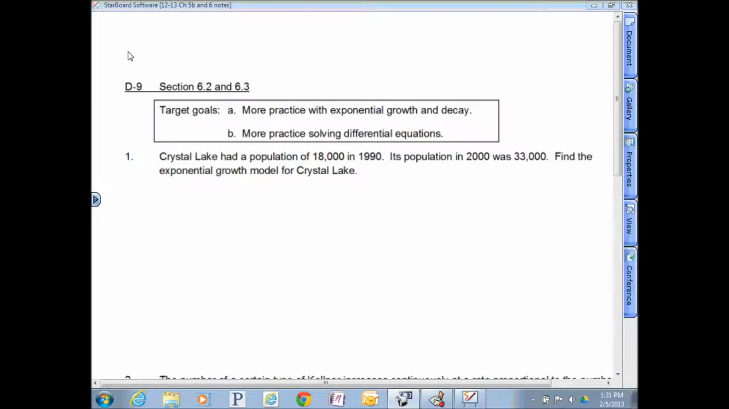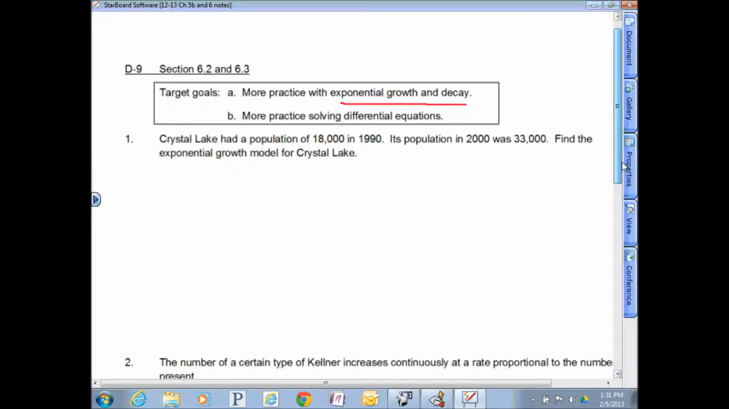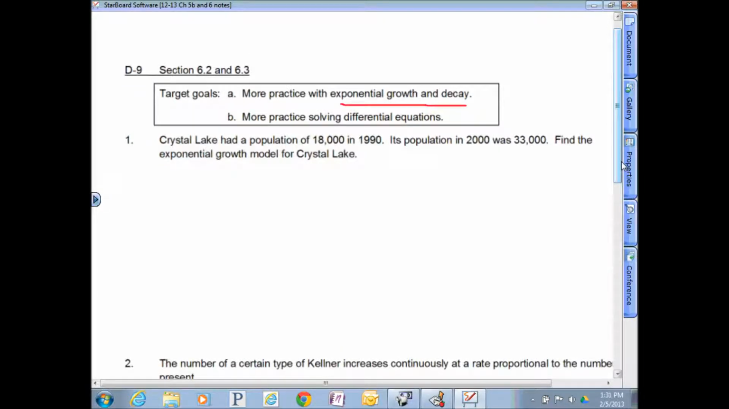Last day of chapter 6, we're going to combine a little more time with exponential growth and decay, that y equals ce to the kt equation, along with some differential equation work. Neither day is exceptionally necessary, but it probably won't hurt us to practice a little bit more anyway. So we're supposed to find here the exponential growth model